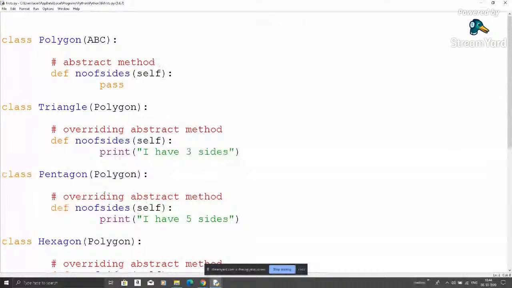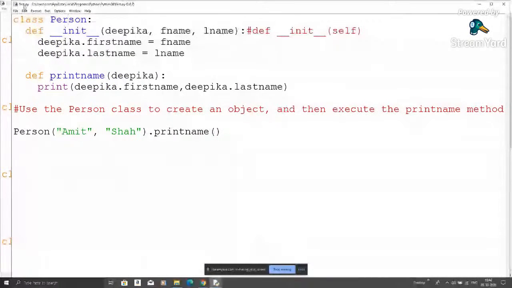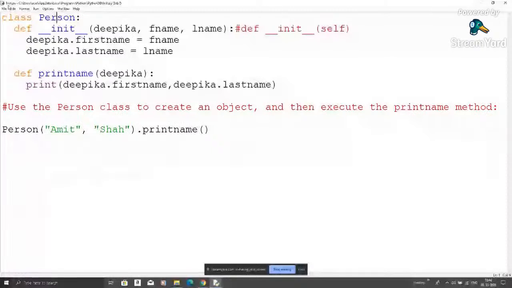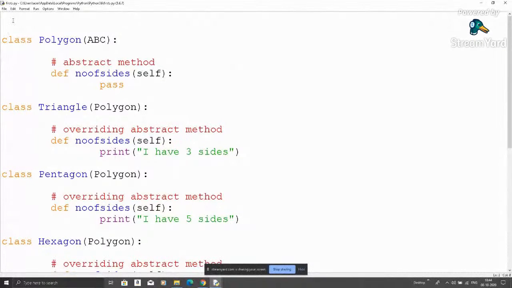Let's take an example. I have one module with a class. I have saved it with the name first.py, and I have made one class, Person. I want to use that class over there. How can I use it? First of all, I use import. What is the meaning of import?